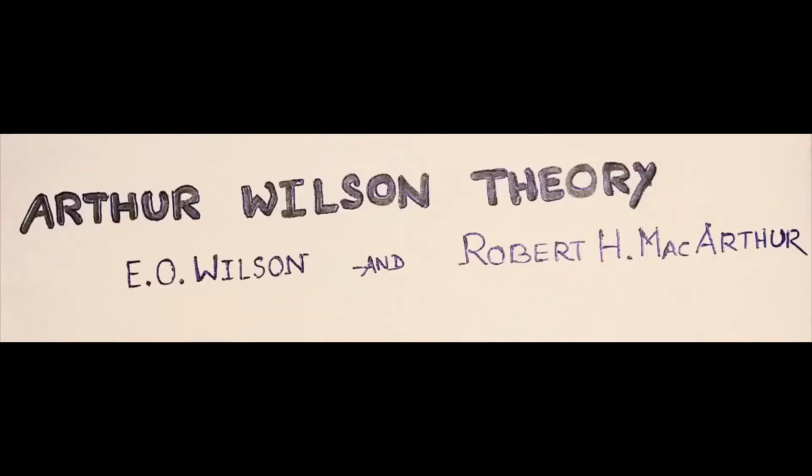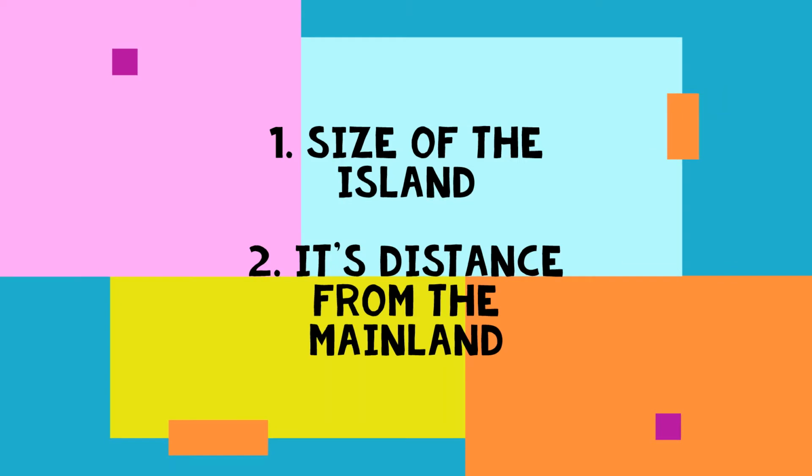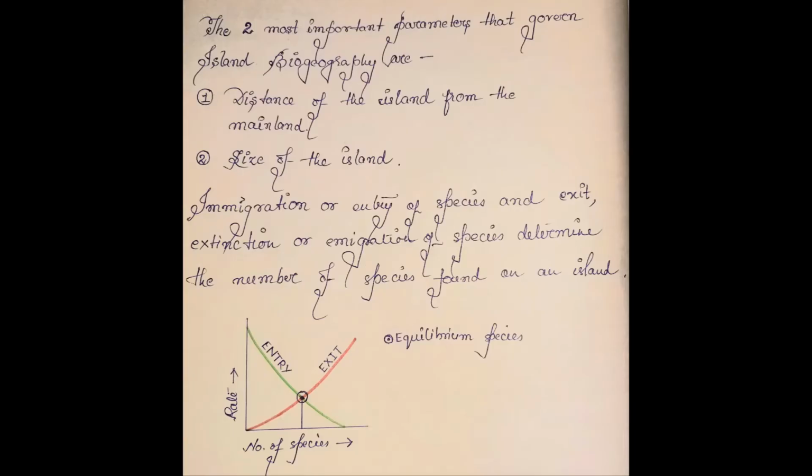Robert MacArthur and E.O. Wilson are eminent ecologists who developed the theory of island biogeography. The two most important factors that define island biogeography are the distance of the island from the mainland and the size of the island. These are the two most important factors which we will explore,